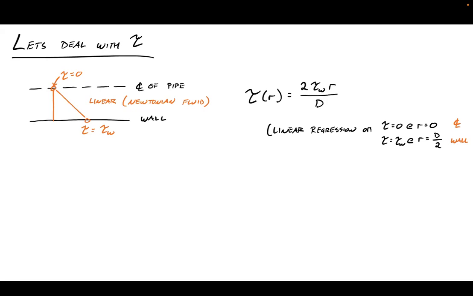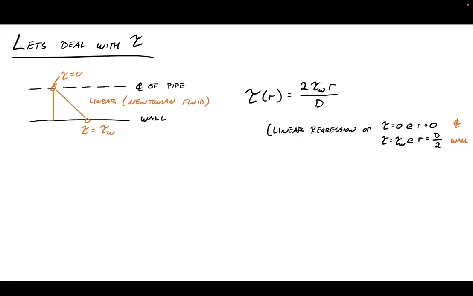Okay, so because that's a linear relationship, we can describe it relatively easily here. The shear stress at any radius r can be described as 2 times the shear stress at the wall, TW, times the radius divided by the diameter of this pipe. So what we're doing there is just manifesting an equation to describe that linear relationship that we've drawn on the